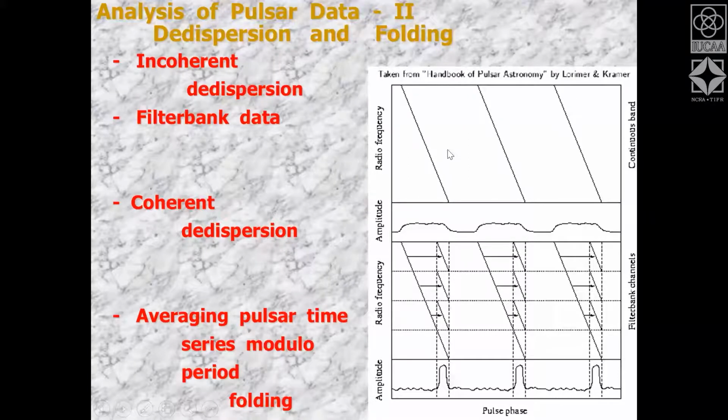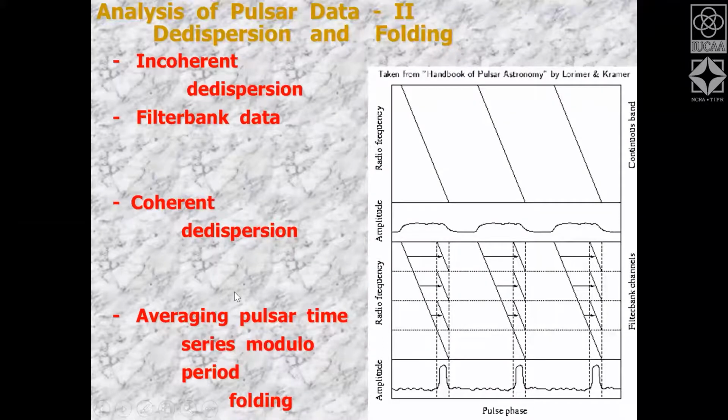The incoherent de-dispersion is very fast, but it has the problem that your time resolution is compromised to some extent because there is a residual dispersion smear. The other method which we looked at completely removes the dispersion smear, and it's called coherent de-dispersion. The advantage there is that you can get very high time resolution data. So there are two ways of doing this analysis.